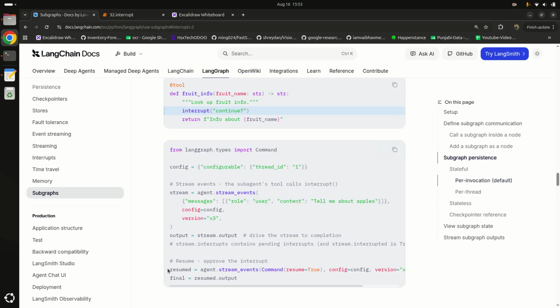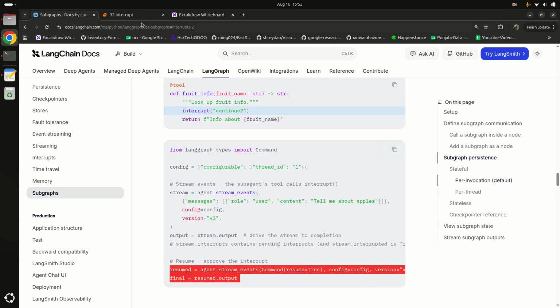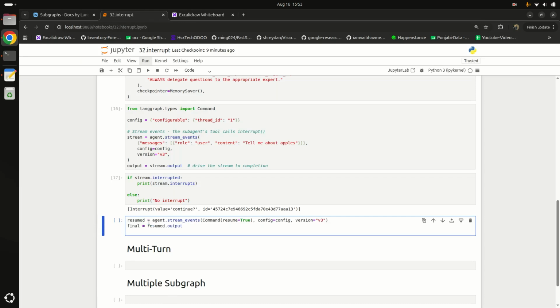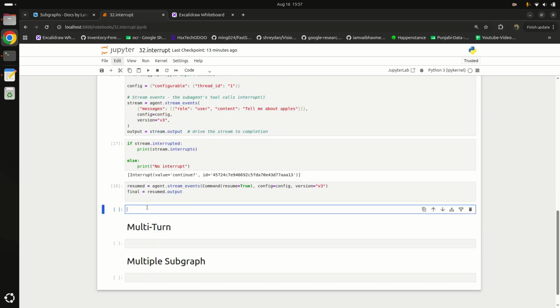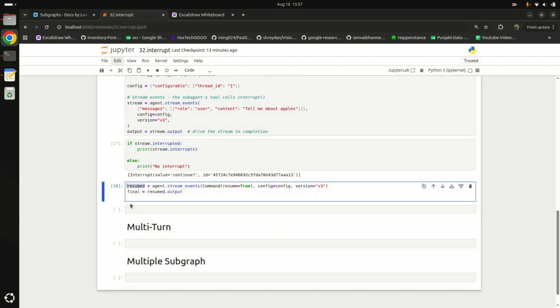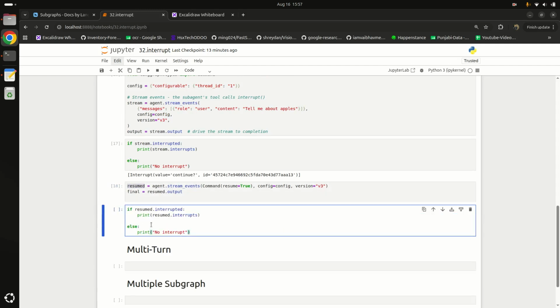To approve that, I will simply copy and paste this code here, and I'm saying Command resume is equal to True. So here I'm giving a command to LangGraph: hey LangGraph, yes, resume is equal to True, meaning I'm saying yes, continue from this thread ID. In the configuration there is an ID. This time we'll check the interrupt in resume. Let me paste the code here.